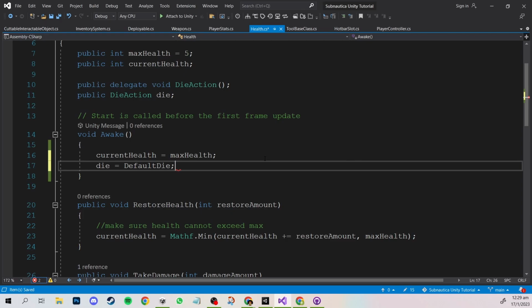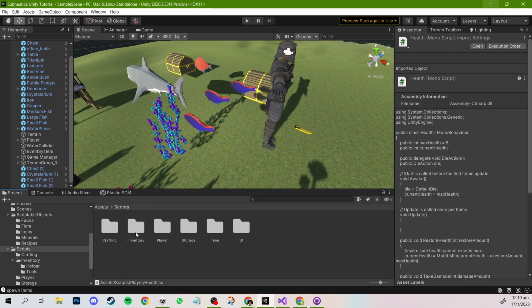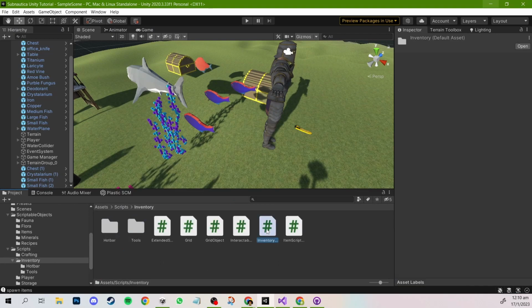So in a future episode, we'll actually be looking at player stats, and when we create the death sequence which would respawn the player, we would actually create it in player stats, and then we would set the health die action to be that. Now if I return back to inventory, we already have interactable object,